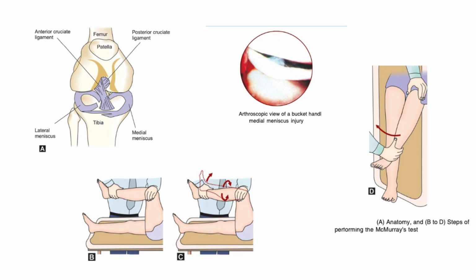Meniscal lesions in children are different from those in adults. In children, the vast majority of cases, more than 71%, are isolated meniscal lesions. The main mechanism of meniscal tearing in children is sports-related twisting of the knee. In a small percentage, there are cases with common predisposing factors like discoid meniscus. Diagnosis depends on a complete medical history of the patient and the clinical examination. If a meniscal tear is suspected following clinical examination, an imaging technique should be pursued.